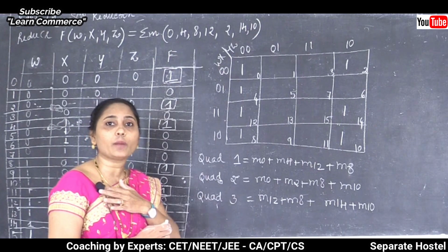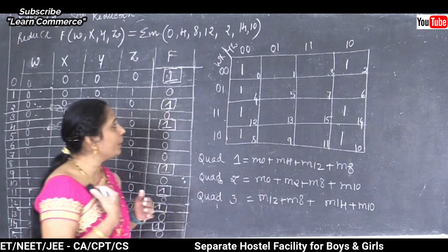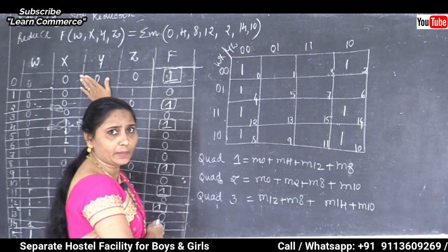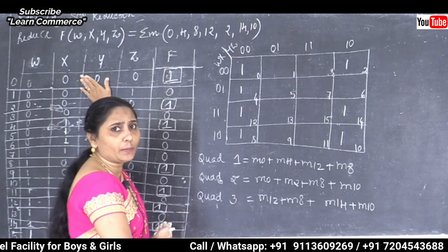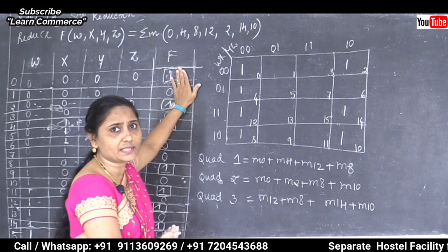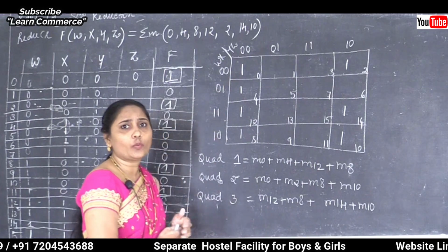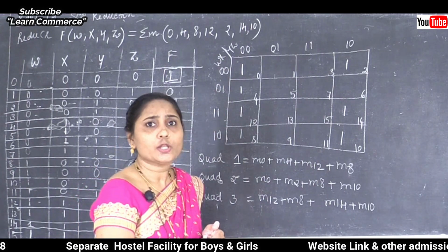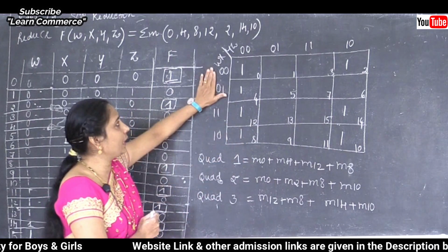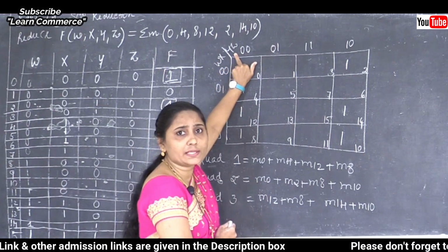We are going to start from 0 to 7 in the numbering scheme. And maybe 4 variables are there, as in this example, A, B, C, D or W, X, Y, Z, any variable names, 2 to the power of 4 is equal to 16 squares. Correct? So I am using the numbering scheme as 0, 1, 3, 2, 4, 5, 7, 6, 12, 13, 15, 14 and 8, 9, 11, 10. On the left side, the WX set, at the top of the K-map, the YZ set.